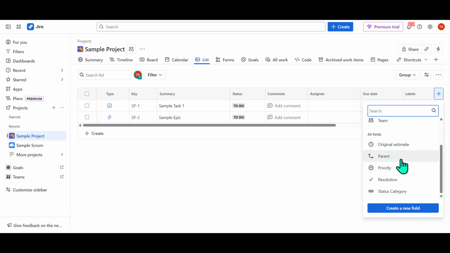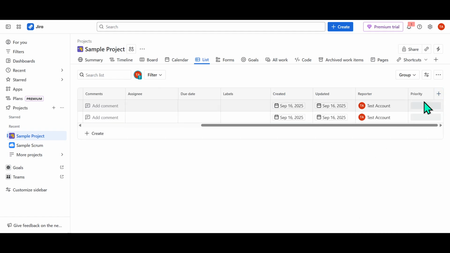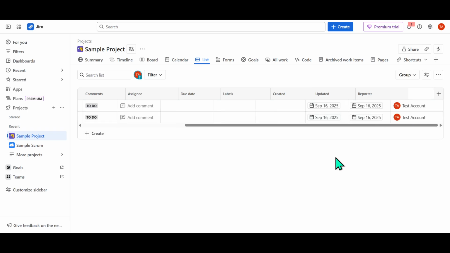view. Once you hit that plus icon, you'll see a menu or a drop-down listing various fields you can add. These are predefined fields that Jira considers useful. It's a good idea to browse through these options to see if any of them align with what you're hoping to add to your table. This list can include things like priority levels, due dates, assignees, and other parameters that help you manage your project